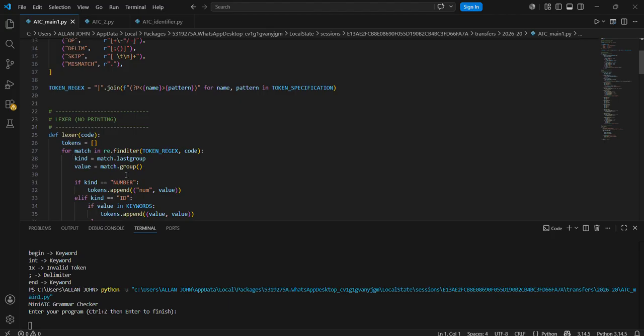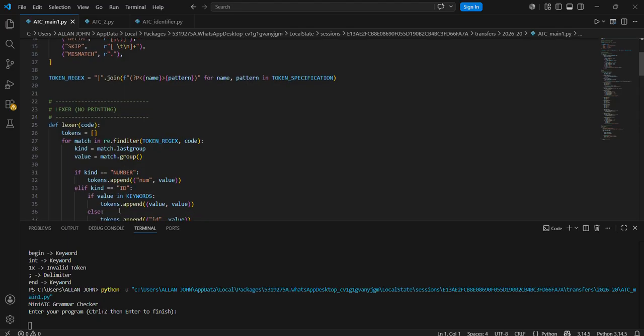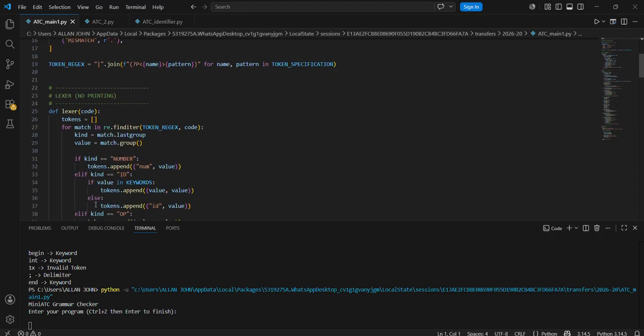For match in find iter, it scans the code and finds the tokens one by one, and kind, match last group, value. Kind means it shows the token type, and value means it shows the actual text. And then if kind is number, tokens means